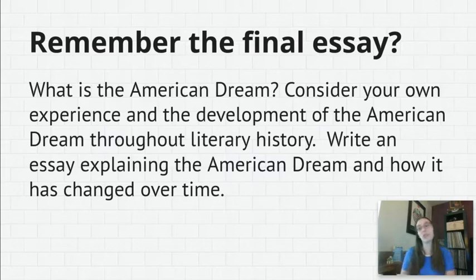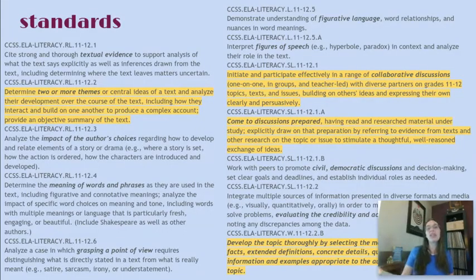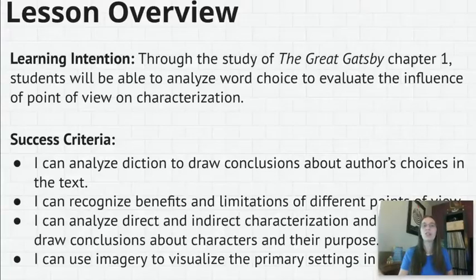We'll talk more about this as we go on, but as you know, every unit, I've reminded you of this task all year long. So we do have a lot of standards that are going to be built into this unit, and the first thing that I want to focus on is the use of themes in these texts. So each week, we're going to look at a specific section of The Great Gatsby, and then we're going to connect that to some informational text and a little bit later some poetry using CommonLit. So as we go through each lesson, you're still going to have your lesson overview, learning intention, and success criteria. This will help you out as you work toward completion of the lesson through the agenda.